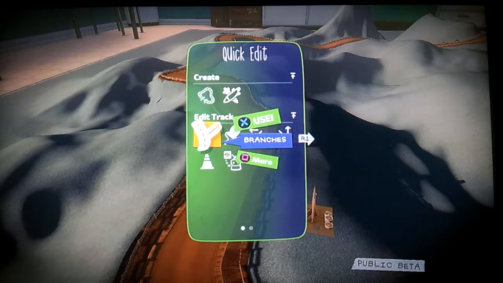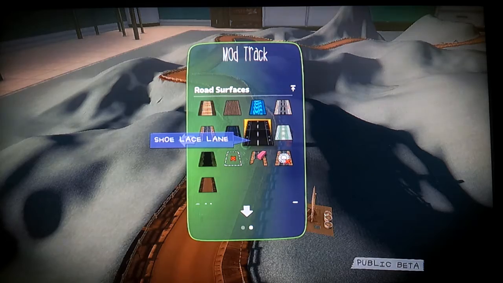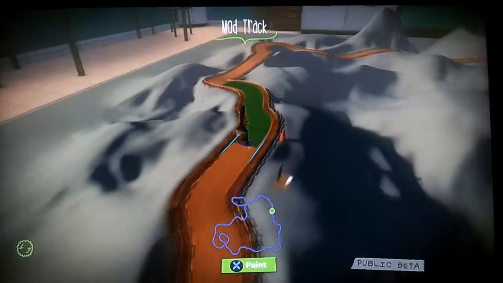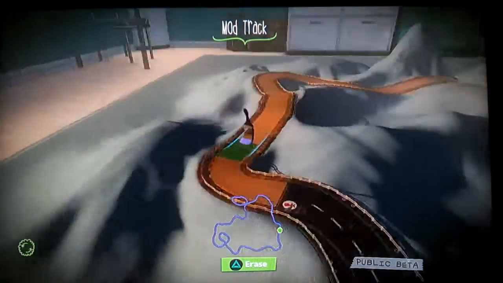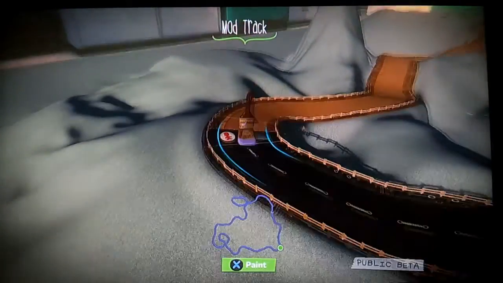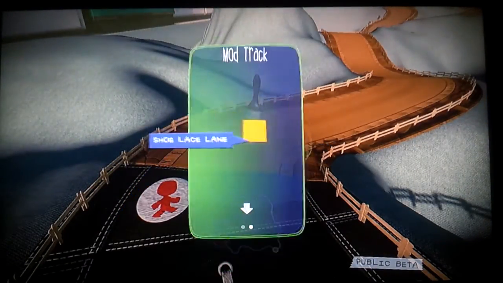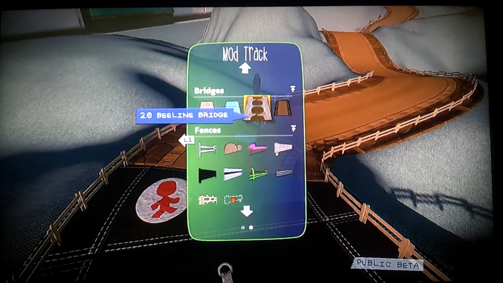So first one you can branch. Actually, here you got editing the type of road. And similar to Mod Nation Racers, you can paint the road and it becomes different. Very easy, very fun. Oh, this is cool. Yeah. Also, so this is draw, and you also can make...